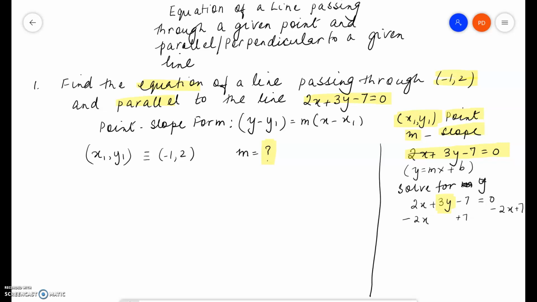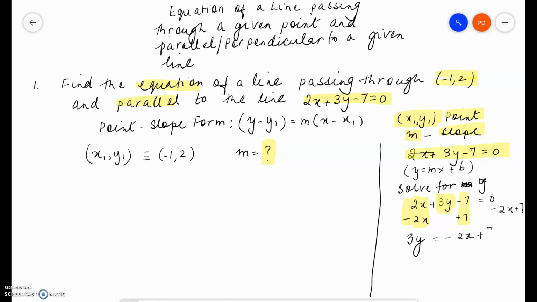The negative 2x cancels on the left, and the positive 7 and negative 7 cancel, leaving 3y equals negative